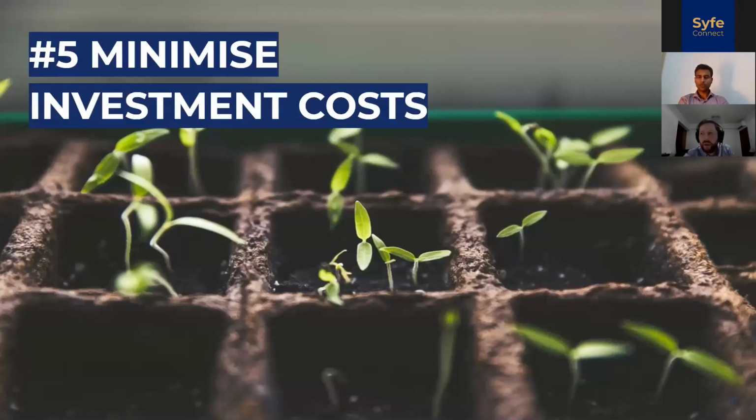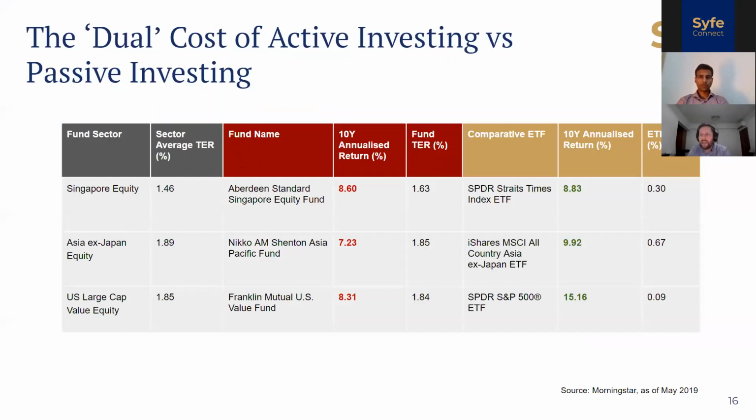Okay, so principle number 5, which is minimizing investment costs. So what do we mean by this? Minimizing investment cost is trying to be as efficient as you can with your investment choice. Now, when we at SIFE talk about investing, we are very much in the passive investing camp, so we utilize ETFs as our investment vehicle of choice. But now if you compare ETFs or passive investing against its